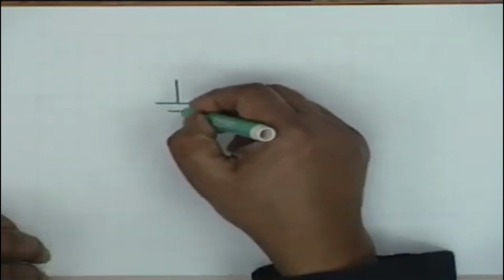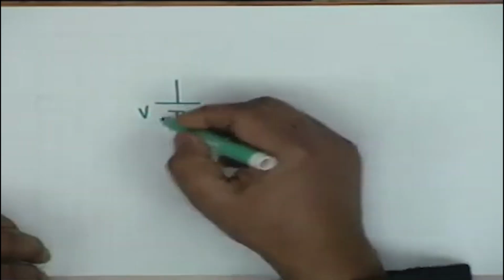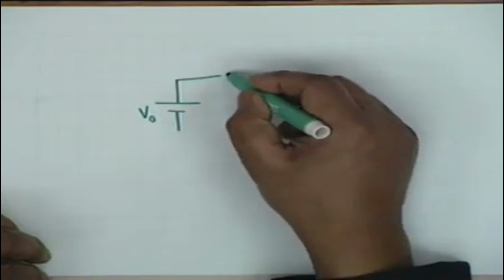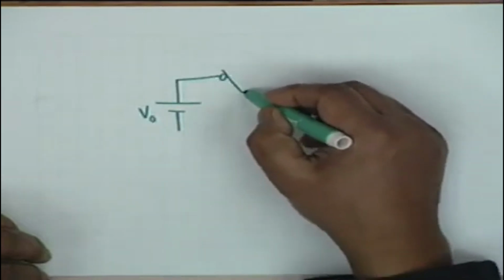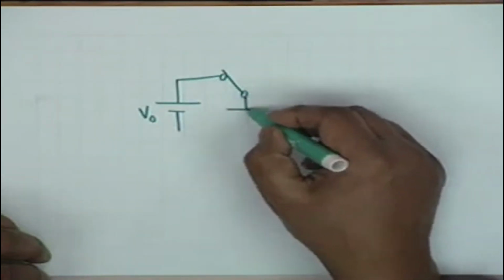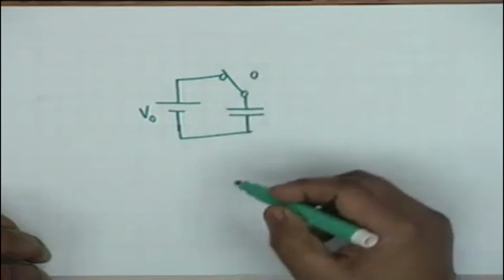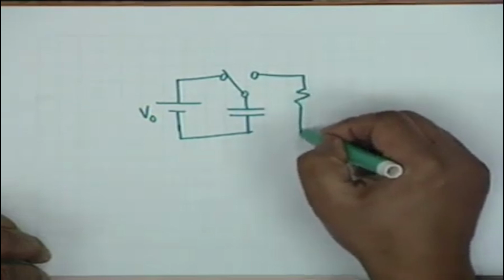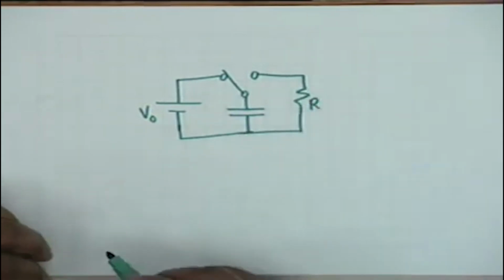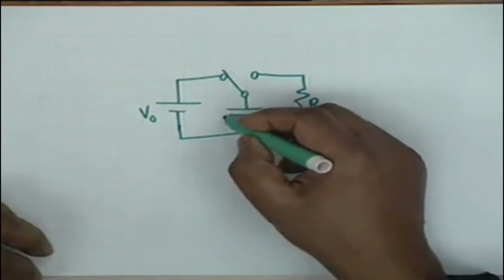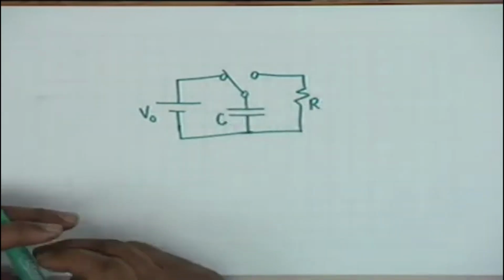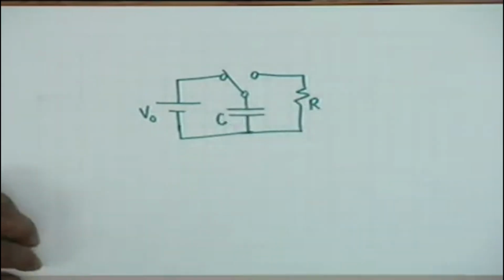Let's say we have a battery V0 connected like this, connected across a capacitor C, and then there is a resistor waiting to receive energy from the capacitor C. This is the capacitor C, and we know that if this switch is left in this position for a long time,